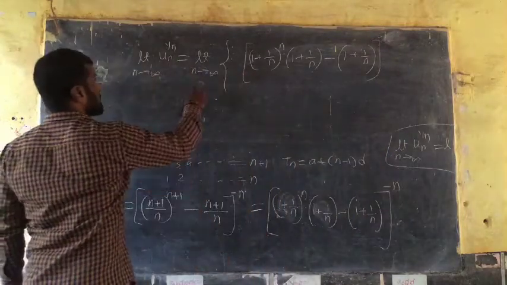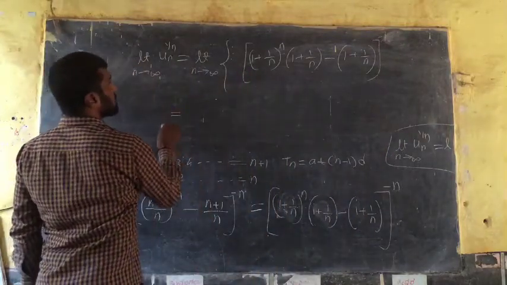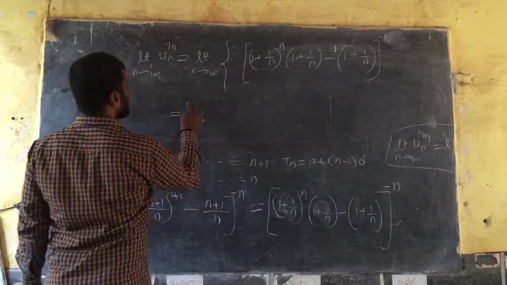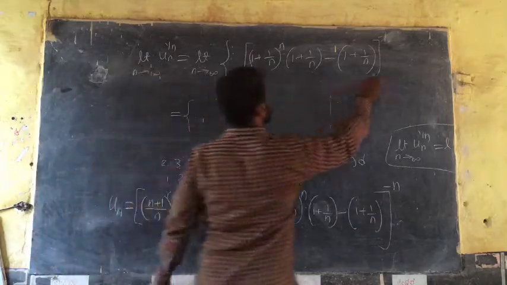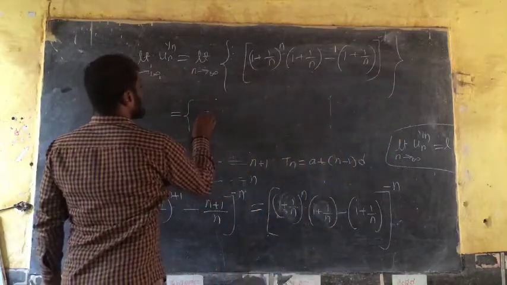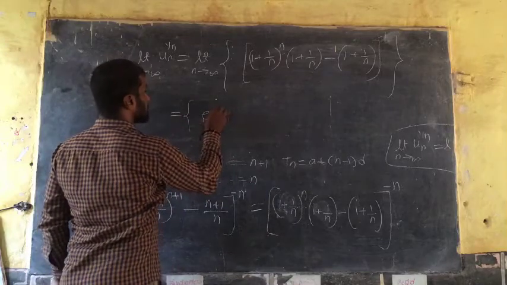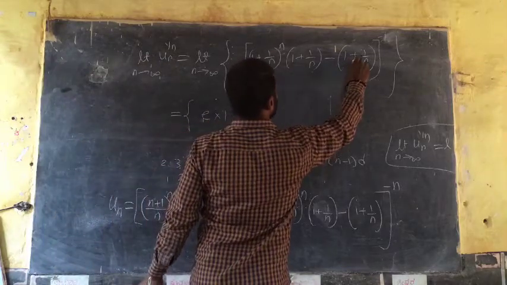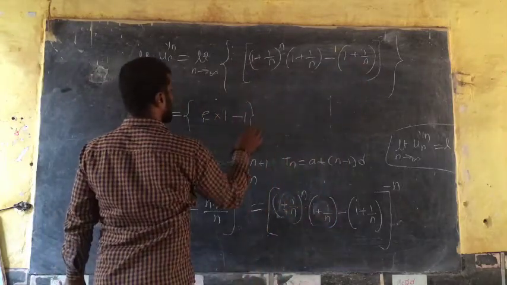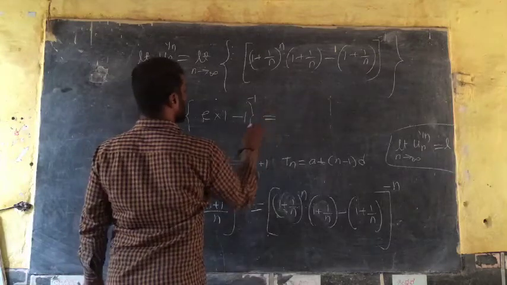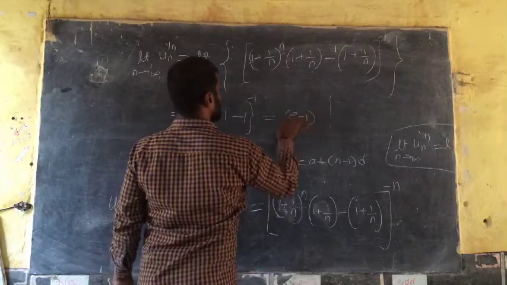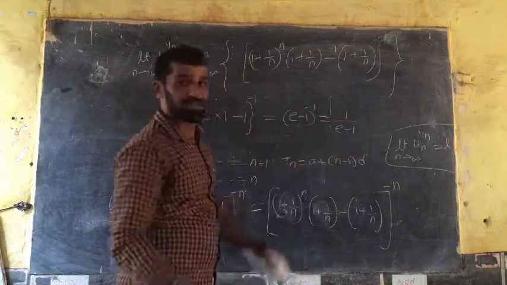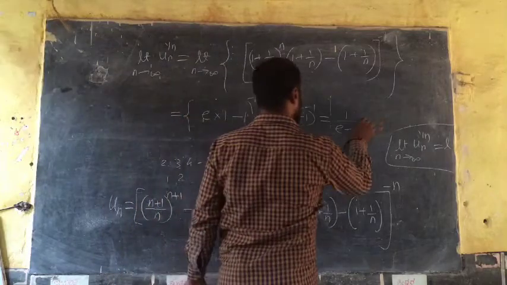Now apply the limit on both sides. Taking the minus 1 down, it becomes 1 divided by it. Applying the limit, this value is e raised to e into, since 1 by infinity is 0, 1 minus 0, which is 1. So 1 plus 1 by infinity is 0, giving 1, as it is raised to minus 1. So that equals e minus 1 raised to minus 1, which is 1 divided by e minus 1. The value of e is 2.7 something, which means this is less than 1.